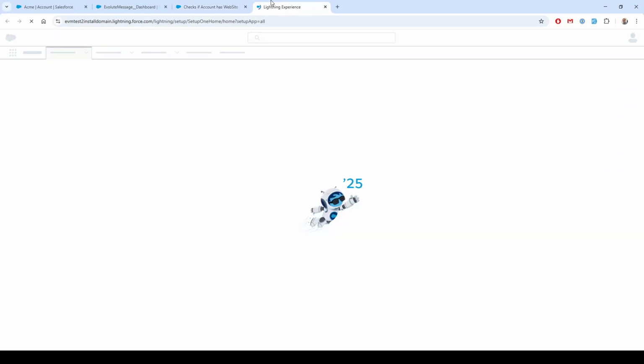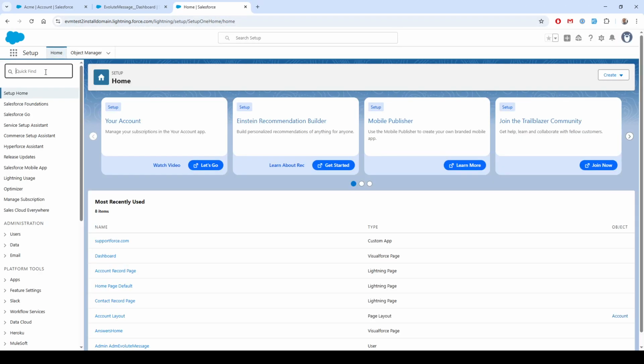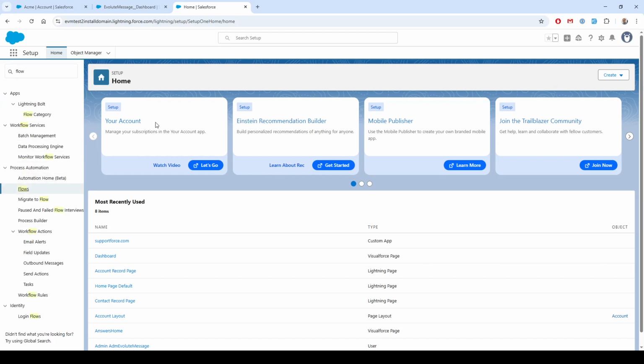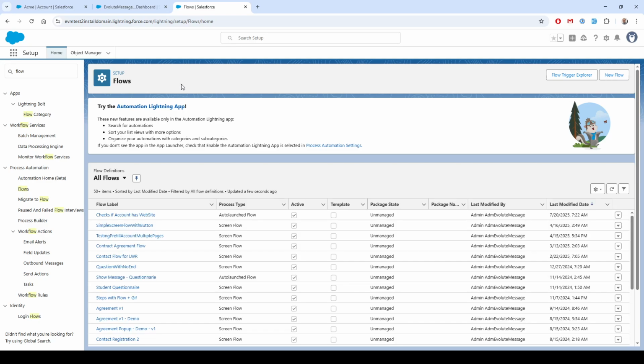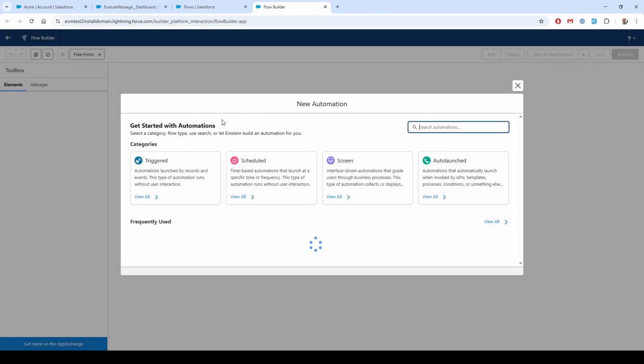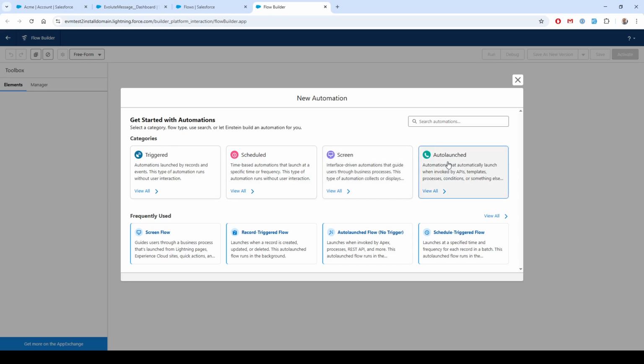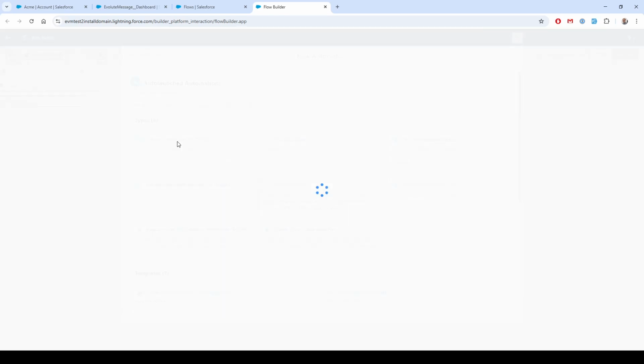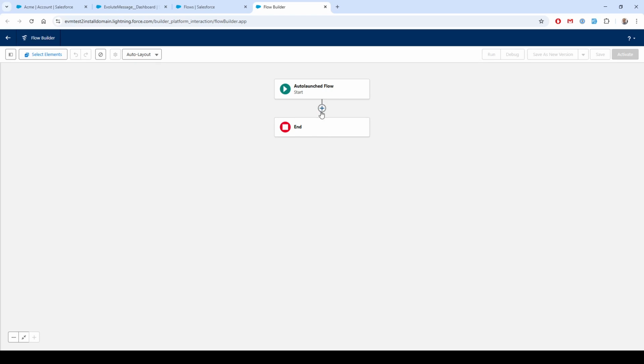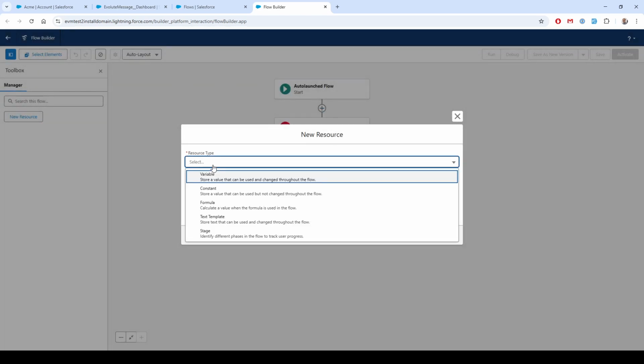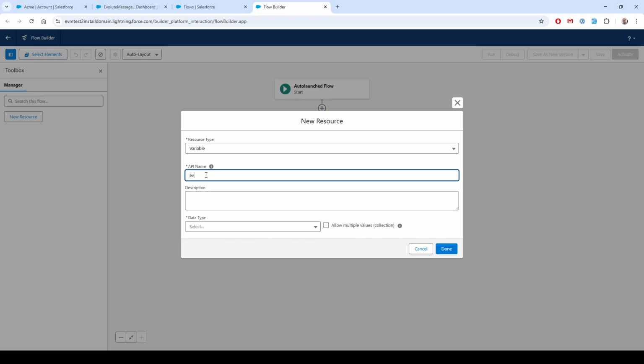Let me go to setup and then flow. Here we are going to create a new flow, and it's going to be the Autolaunched Flow with no trigger. And then here we have to create some variables. The first variable is going to be a